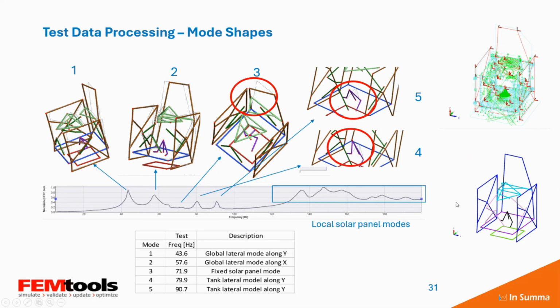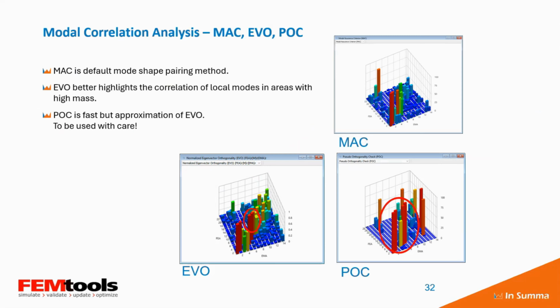All higher modes are mainly local solar panel modes, which are not considered in this project. We checked the correlation in terms of 3 criteria: the modal assurance criterion, the orthogonality check, and then POC,